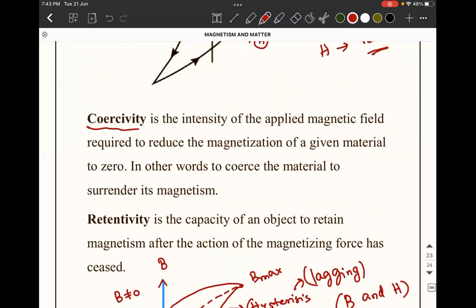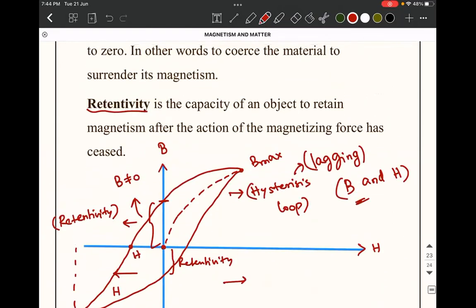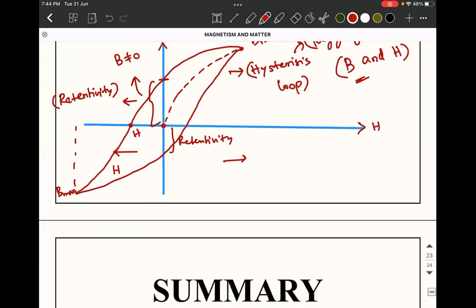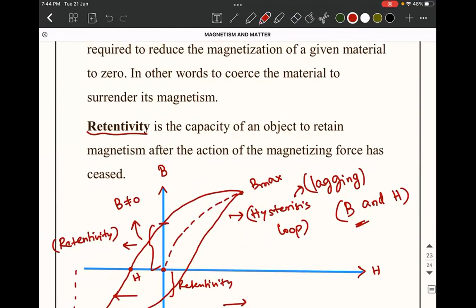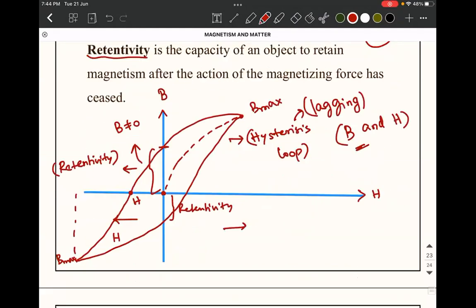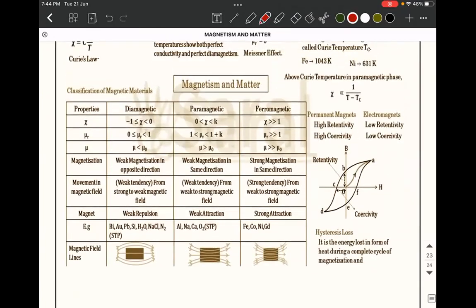Similarly, what is retentivity? Retentivity, as the name suggests, is the capacity of an object to retain magnetism after the external magnetic field is removed. Okay. So this is all about the hysteresis loop, and this is a very, very important point. So based on this, what we can summarize is,